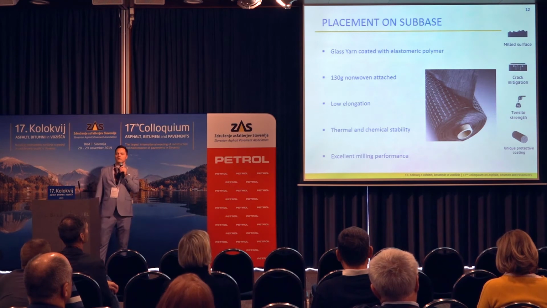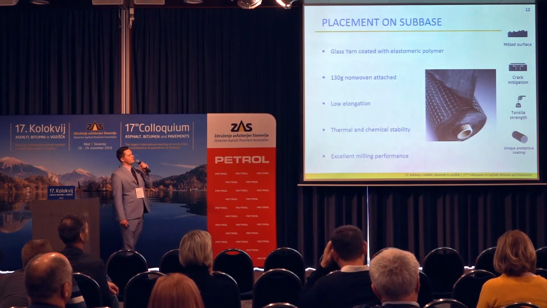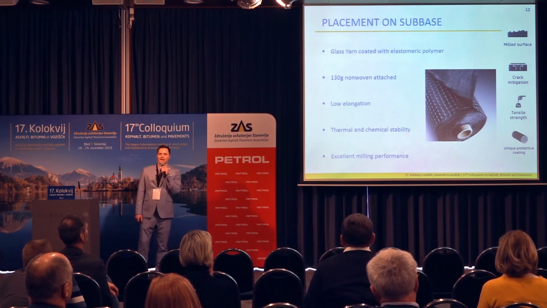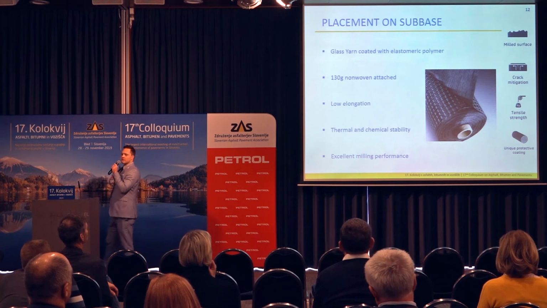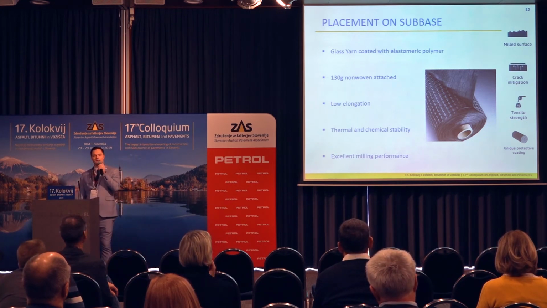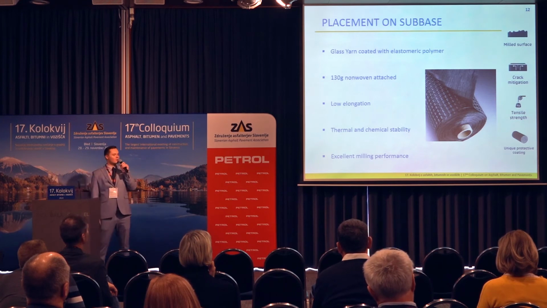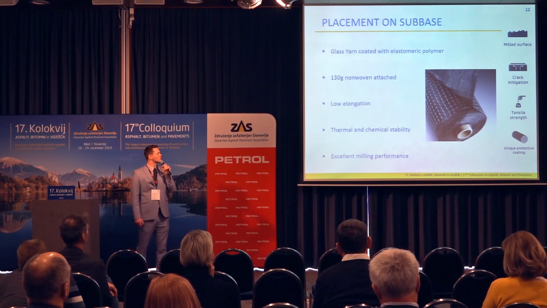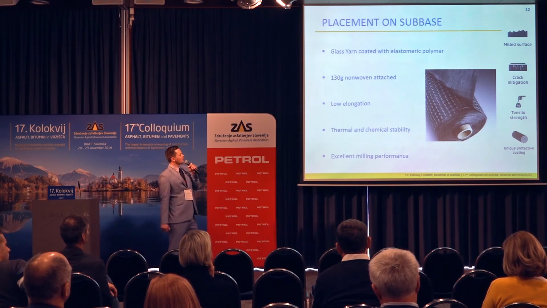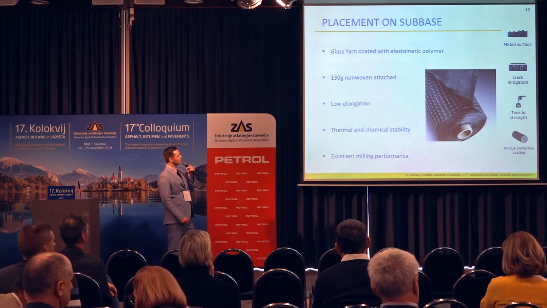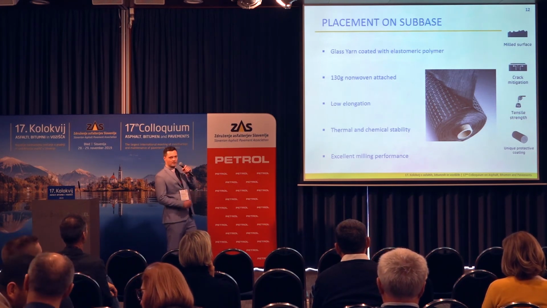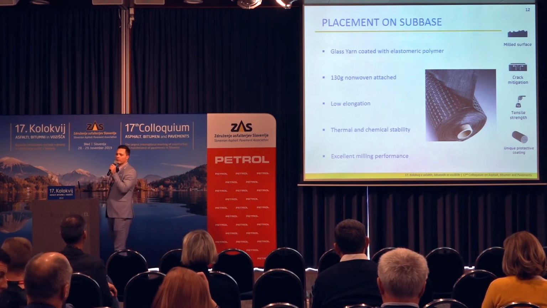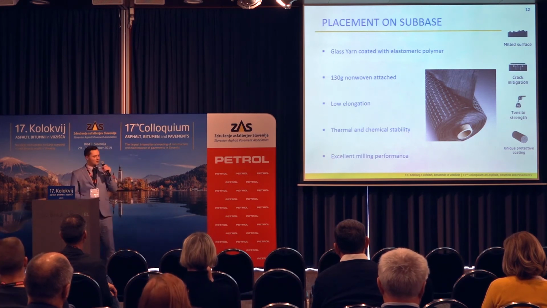So today I will show you the project we did. For this project, we used this compo grid. It's a 100 kilonewton product. It's made from glass yarn. So the glass, because it's fragile, is covered with elastomeric polymer coating. And this coating helps to protect the glass during the installation so it doesn't get damaged. Also, as I mentioned before, glass has very low elongation. And because this non-woven has 130 grams, it can be saturated with the bitumen, and therefore it works as the water barrier and also stress relief.